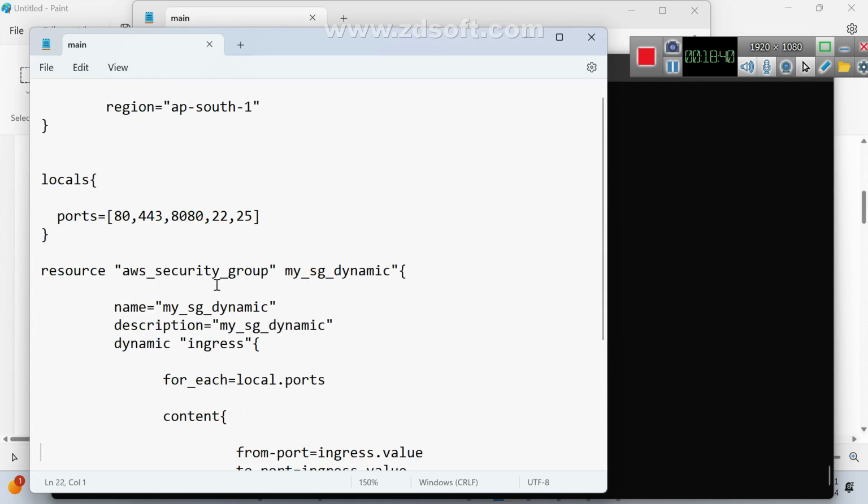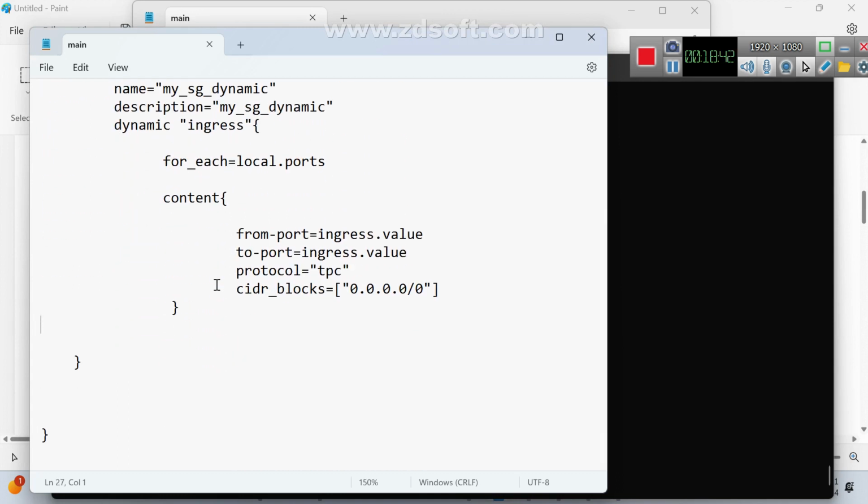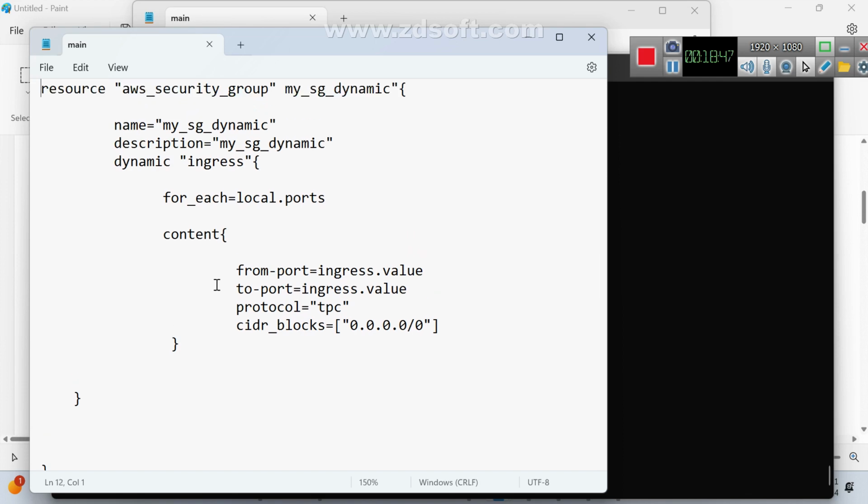I think I gave TCP. Quoted string, somewhere a quoted string. Where is the quoted string? Dynamic ingress. Oh, here, see, which is missing here: a double quotation. Yes, that was the problem. It is telling again and again.